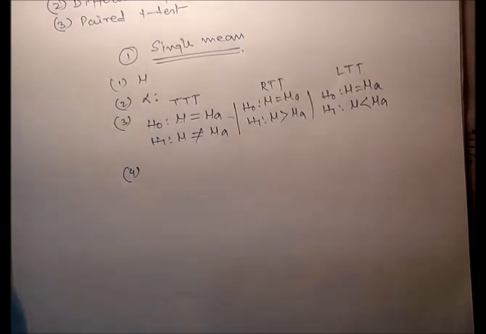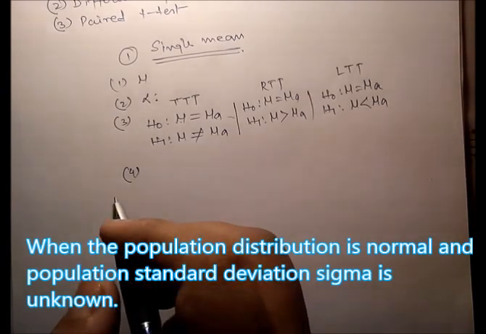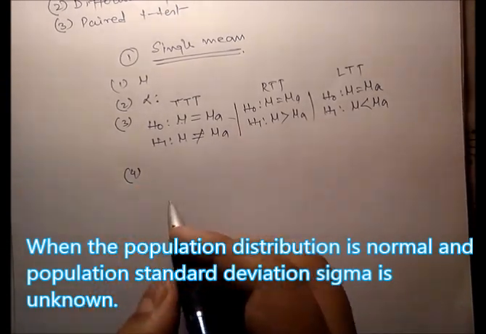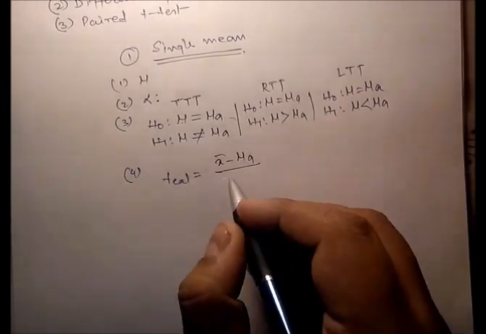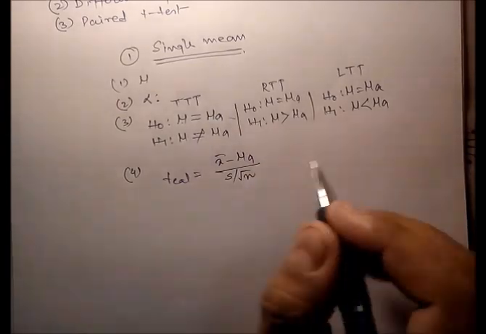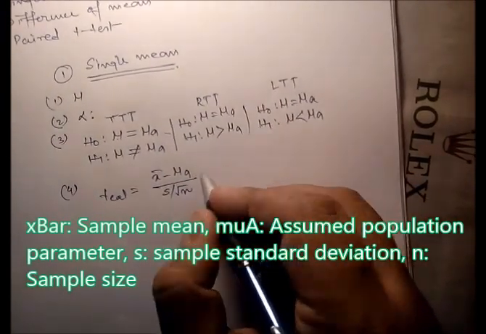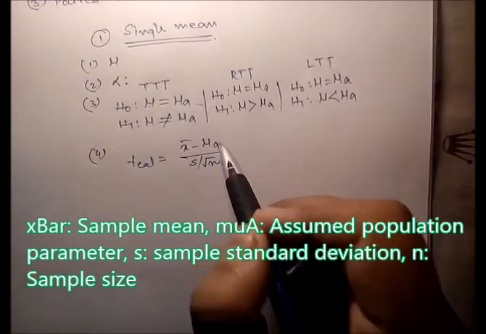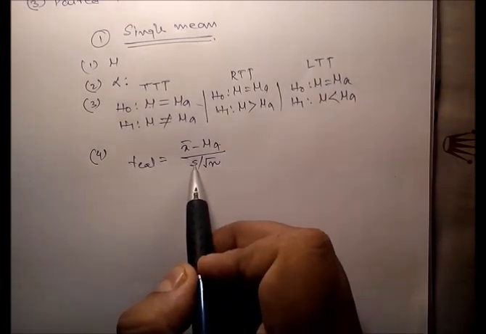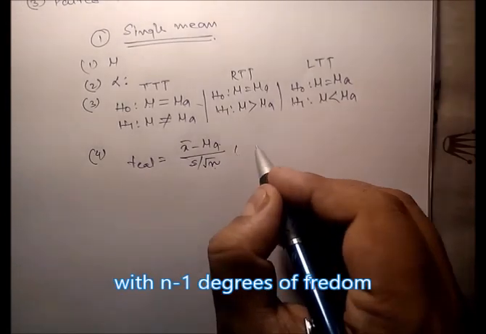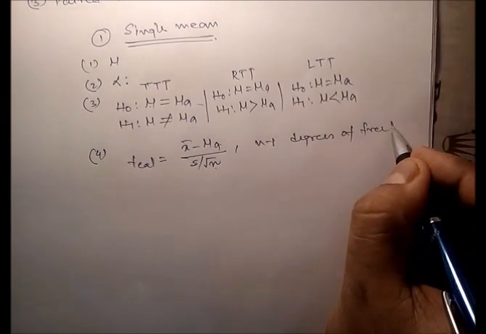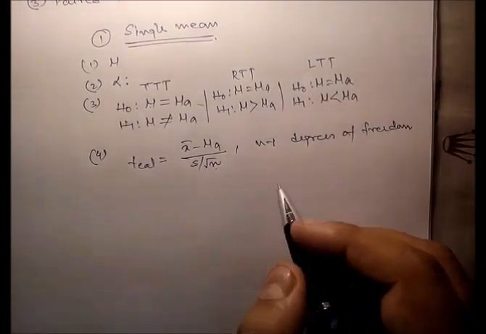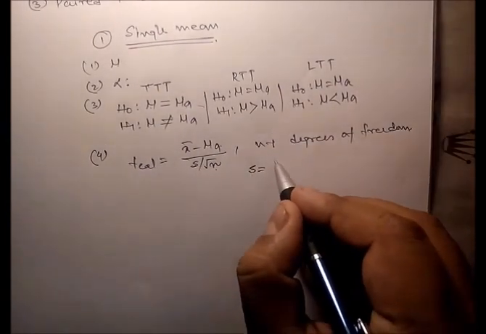Next, when the population distribution is normal and the population standard deviation sigma is unknown, under H0 the t statistic is: t calculation is x bar minus mu a divided by s by square root of n, where x bar is the sample mean, mu a is the assumed population parameter, s is the sample standard deviation, and n is the sample size, with n minus 1 degrees of freedom. Okay, and to calculate the standard deviation we use the formula